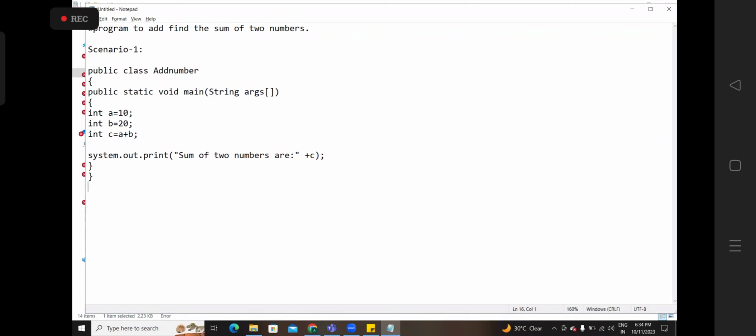Is the program clear, right? I use a very simple program. int a equal to 10, int b equal to 20, int c equal to a plus b. So if I'm trying to add the two numbers, it will be stored as 10 plus 20, it will come as 30. Yes or no? Right now? Good. So next is